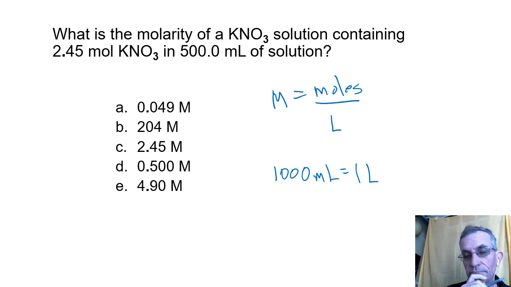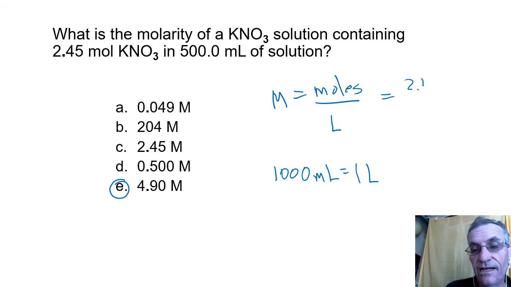Okay, try to figure it out. Oh, the right answer, it should have been E. Should have been E. Did you get E? I hope you got E. Let's double check. All right, so the moles of stuff, we use 2.45 moles of potassium nitrate as the stuff